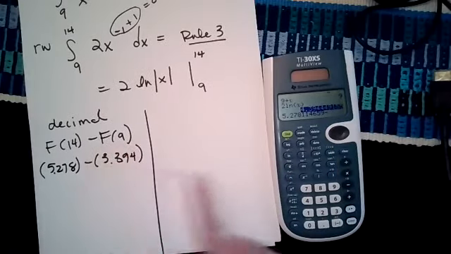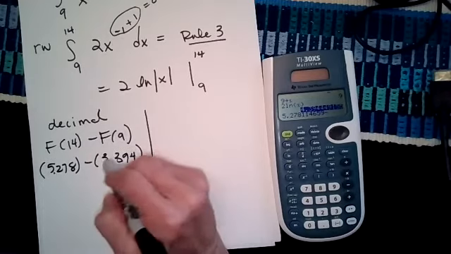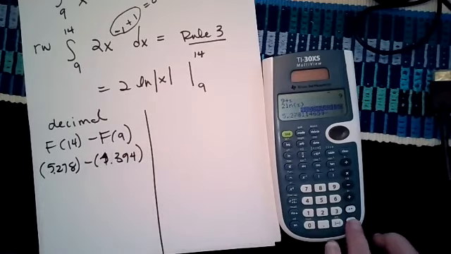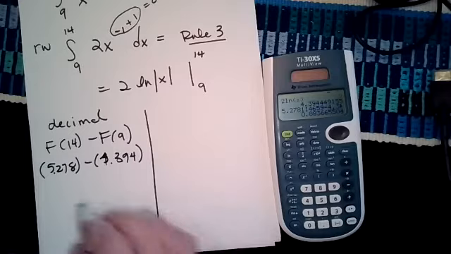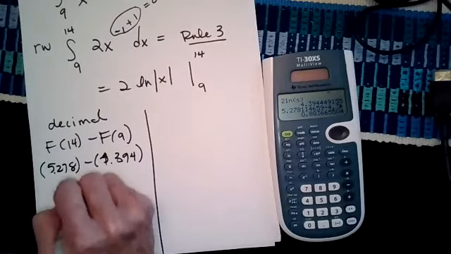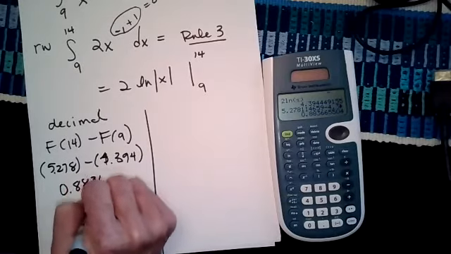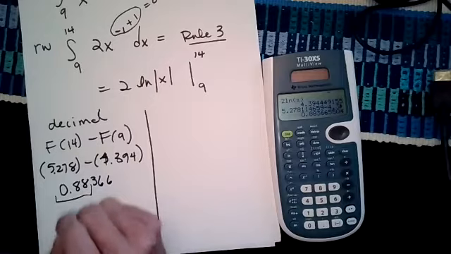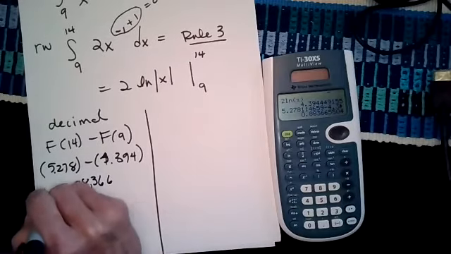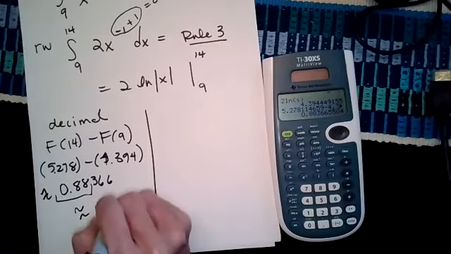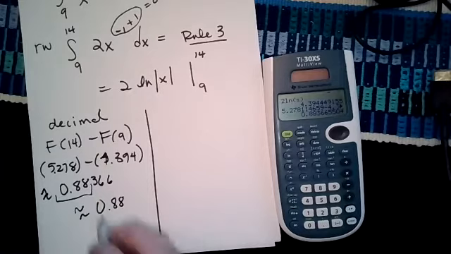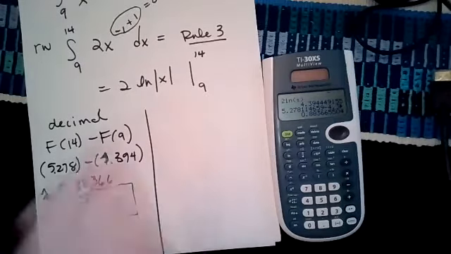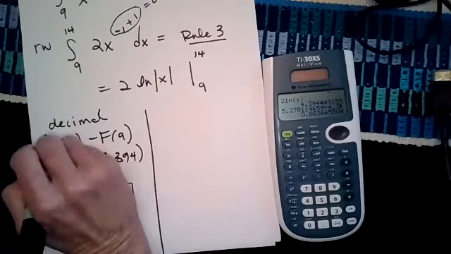So see, enter, and then I get 0.88366, but they wanted to round to 2 decimals, so 0.88. Okay, and you can totally put that answer, and you don't have to worry about this exact, but I